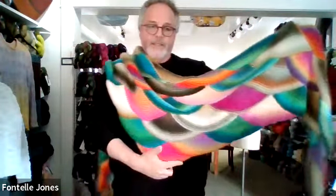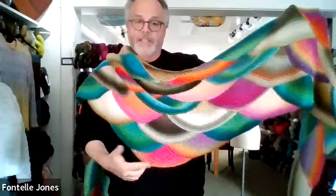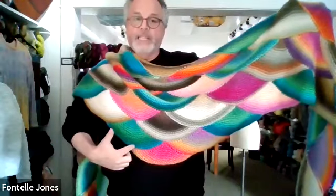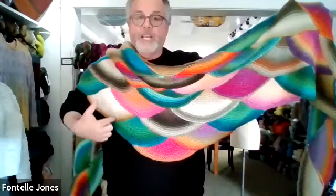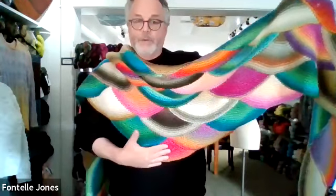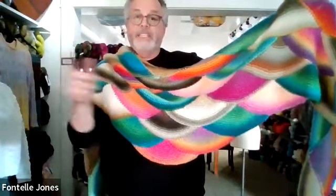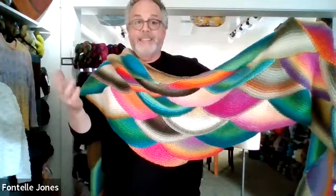But it starts right down here. It's all garter stitch, 100% garter stitch. You do 1 module, and then they connect one onto the other. So where they touch, they're picked up. Where they don't touch, they're cast on. So you have 1, 2, 3, and then 4, 5, 6, and it continues to build and layer one on top of the other. The best part about it is this whole piece, and it's huge,